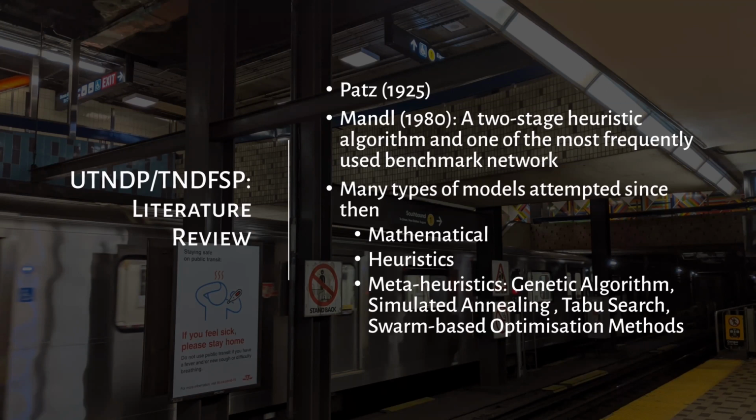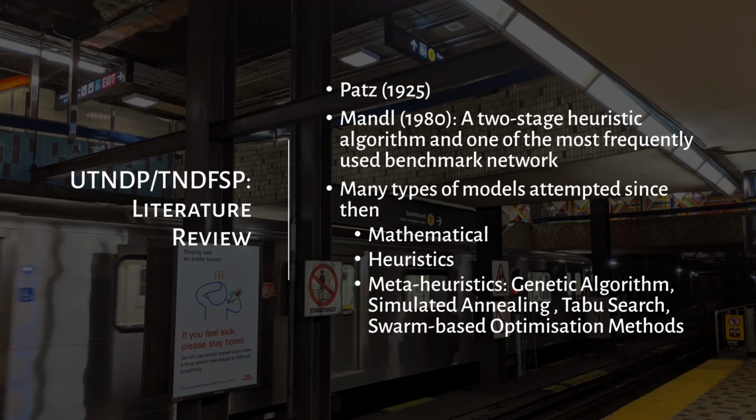But as you can imagine, at that time there wasn't really a lot of access to computers, and there really weren't a lot of good computational resources. And as this is an NP-hard problem, it means that nobody was really able to compute it efficiently using just pen and paper. So there really wasn't a lot of movement in this area, all the way until 1980, when Mandl published quite a landmark paper that introduced a two-stage heuristic algorithm that generates routes